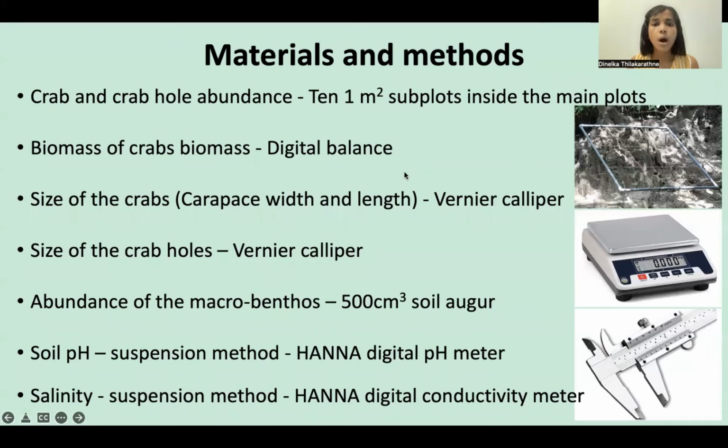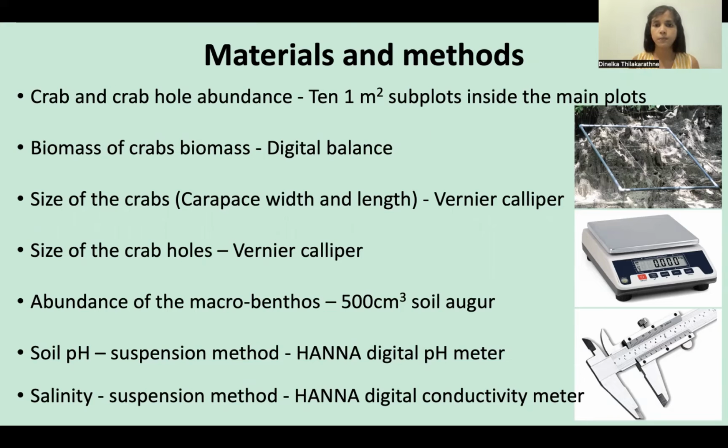And crab biomass was weighed using a digital balance, and size of the crabs, basically the carapace width and the length, and the size of the crab holes were measured using a vernier caliper. Abundance of the macrobenthos was estimated using 500 cubic centimeter soil augers. For the abiotic component, we calculated the soil pH, soil salinity, as well as the soil moisture content using